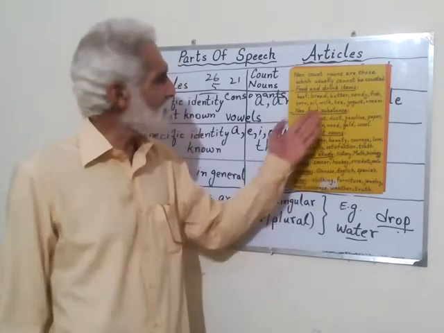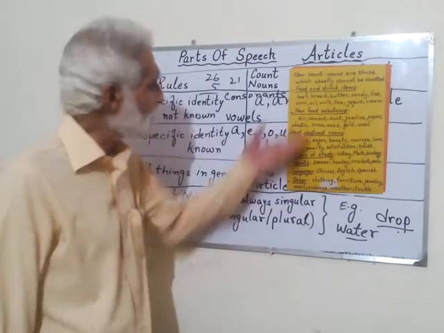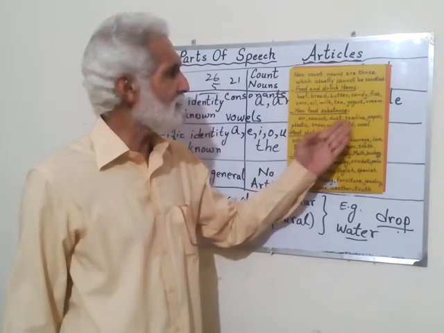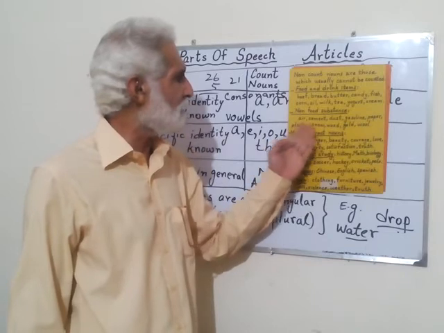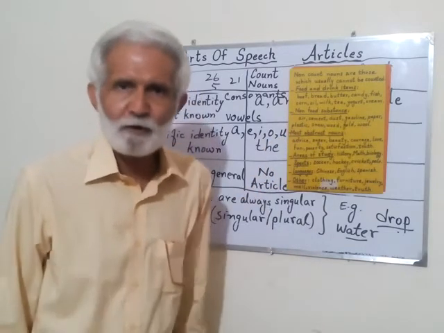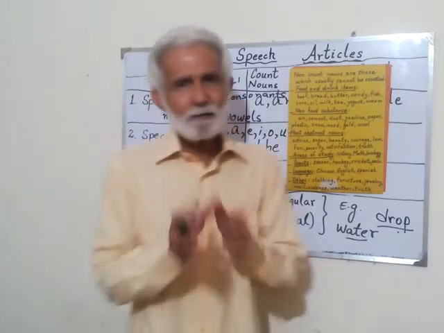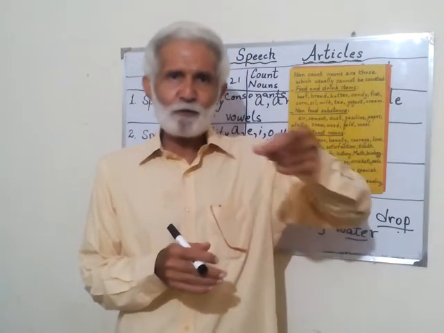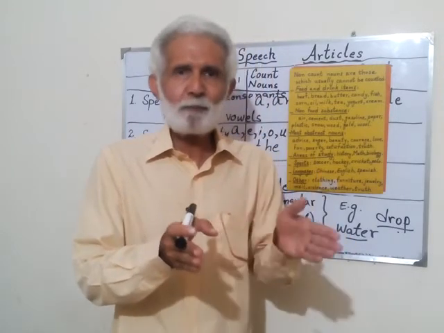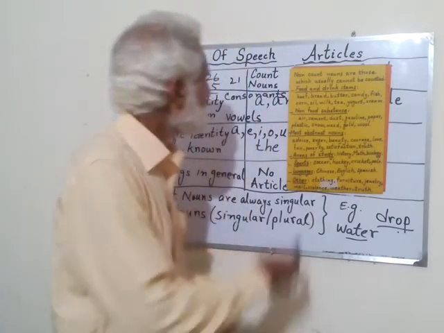Then what non-food substances can we not count? These are food substances. Air we cannot count. Cement, dust, gasoline, paper, plastic, snow, wood, gold, wool. We cannot count these things. When I say paper, you will say, sir, in a book I can count 1, 2, 3, 4, 5, 6. You are counting pages. Paper is simple. You cannot count what it is made of.